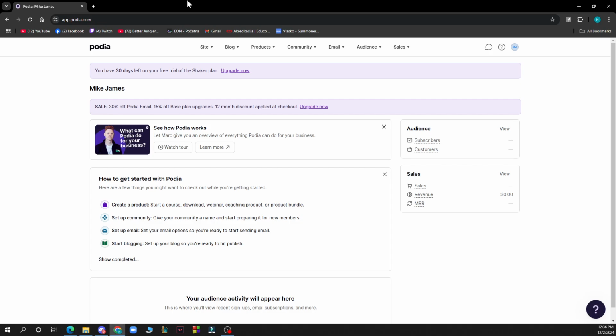So as you can see in the top side of the screen, we have the site, blog, products, community, email, audience, and sales. In the top right corner, we have your profile and everything about it and your messages. But now guys, let's see how you can actually go and manage the members on Podia. So basically what you need to do is go to the top right corner and click on here